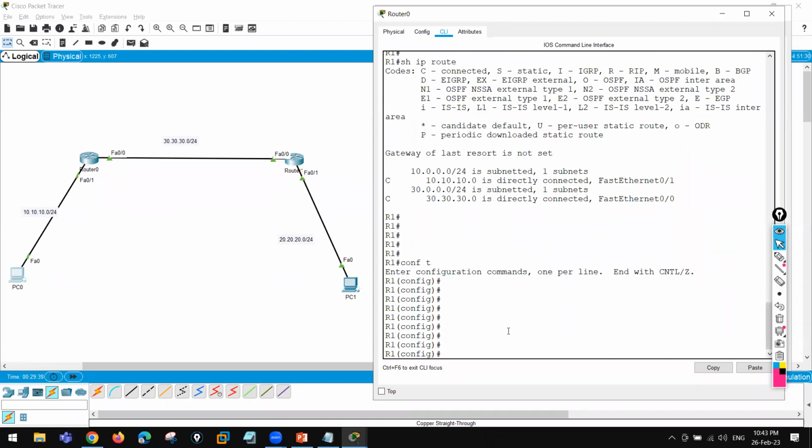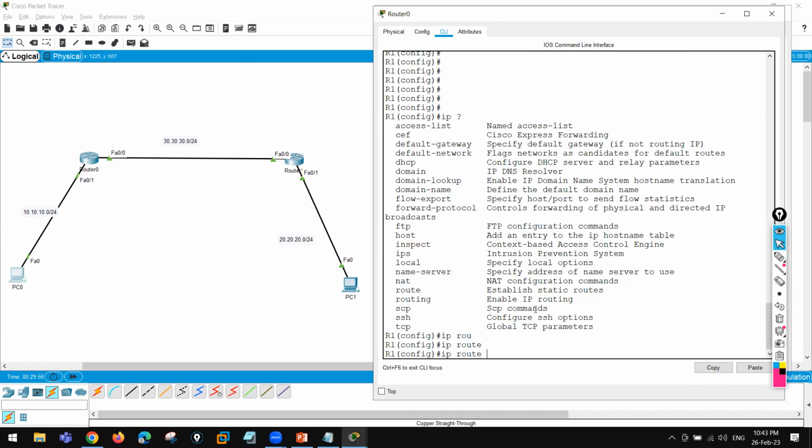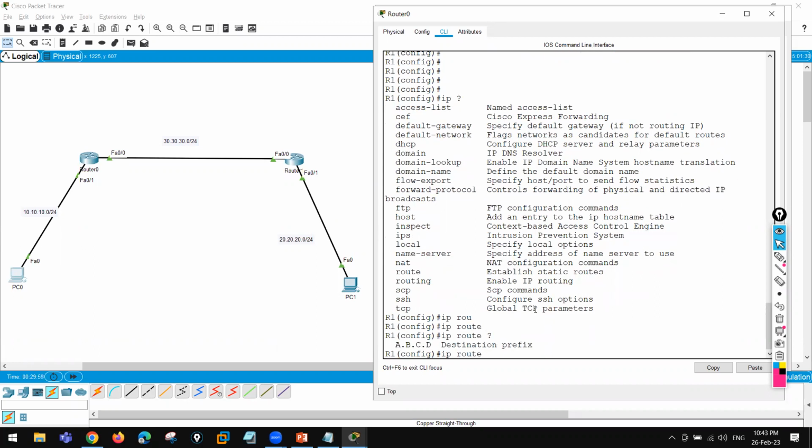So how do we configure a static route? The command is ip, and if you do a question mark, a lot of stuff is there. To enable routing, the command is ip routing, but it already knows about routing. To establish a static route, the command is ip route. So ip route, then what? Destination prefix. So what is the destination? Destination is